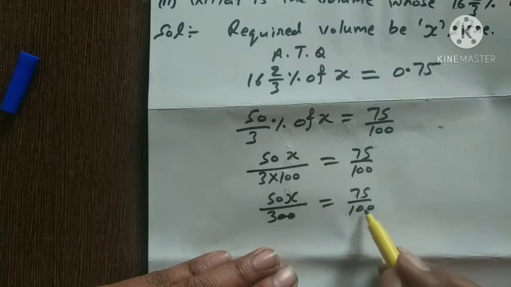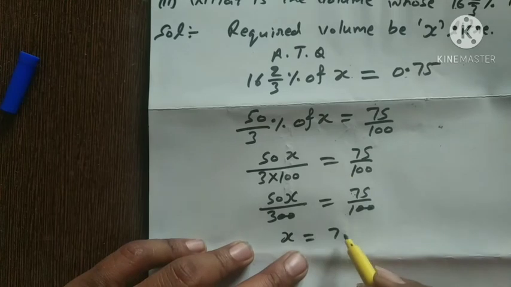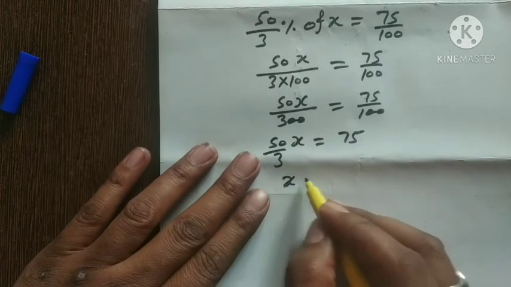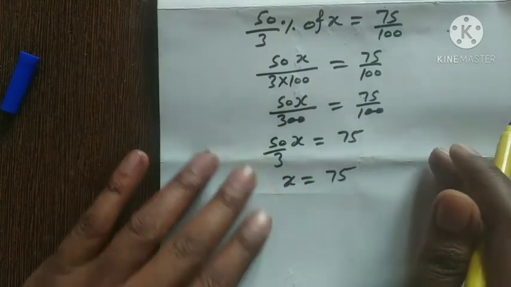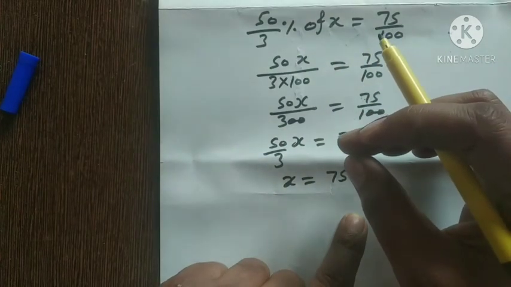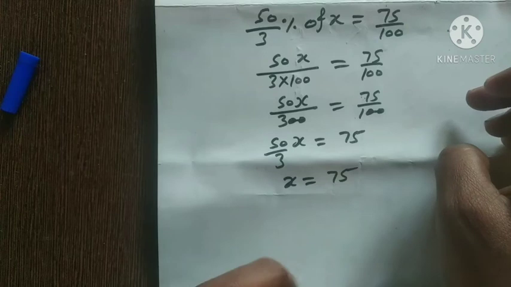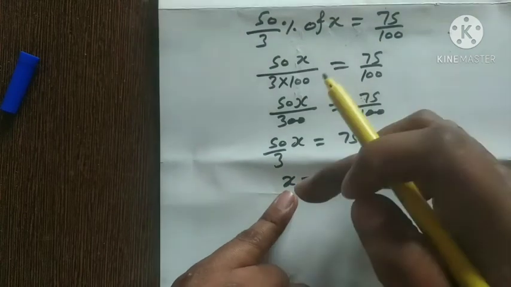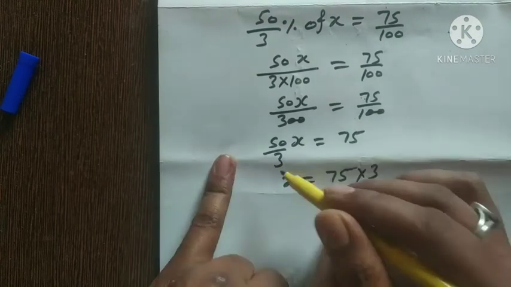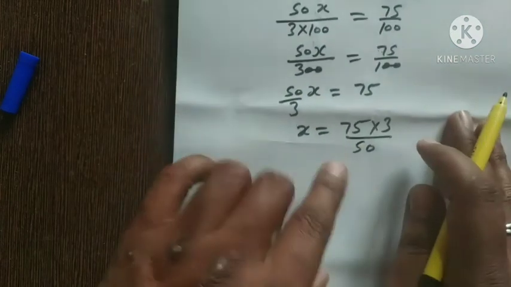Now these 2 0 will cancel by these 2 0. Now you see that x is there and 75. This is 50 over 3. Now you will have to find x. So by transposing, mean you have to make the x single or alone with no coefficient. Means there should be no coefficient or no multiplier or any divisor with x. So x is alone there, and by transposing the divisor will become the multiplier. 3 is the divisor. This is now multiplier and this is a multiplier 50. This become now divisor. Okay.